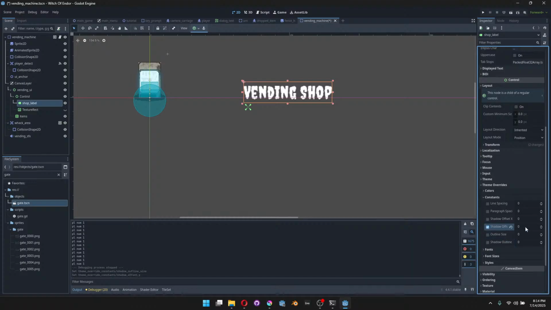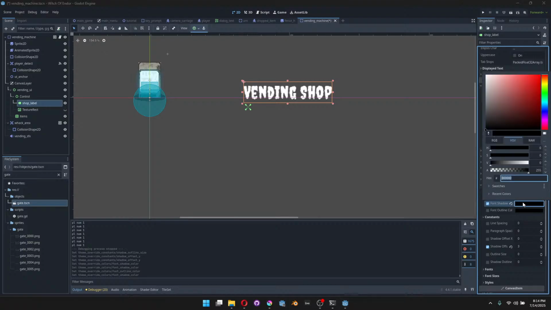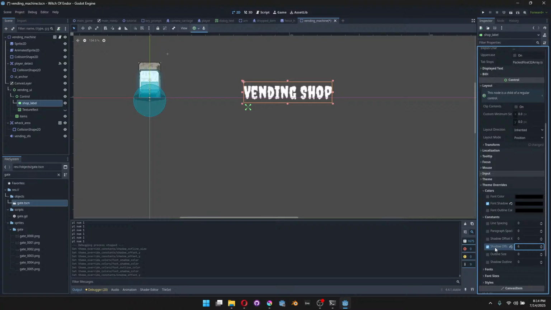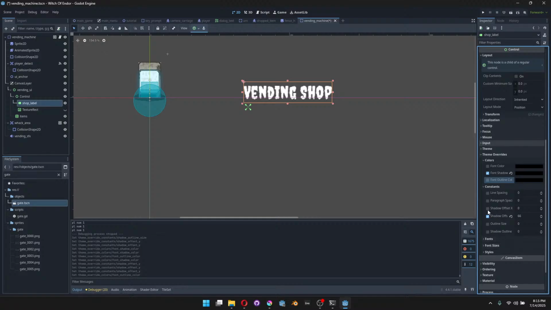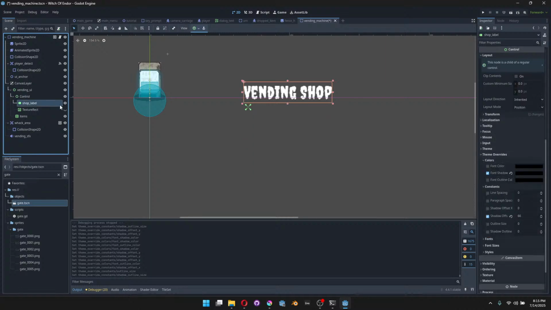Shadow. Okay. Shadow offset Y. Okay, well, why can't we see it? Shadow offset X. Light spacing. Shadow outline. Okay, I gotta say, something screwy has been happening with the font system in Godot as of the